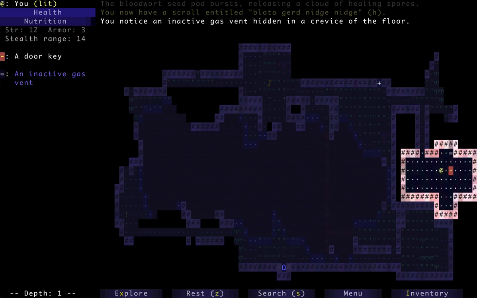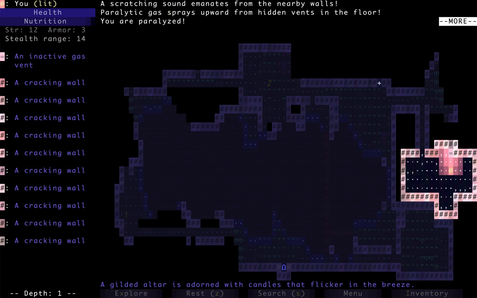Now, you see this equal sign that just appeared above me. That's a gas vent. So when you pick up these keys, there's different sort of traps that you're going to invoke. I happen to know that, just with experience in this game, as soon as I pick up this key, probably some paralysis gas is going to come out, and a bunch of rats are going to come out of the wall. So I pick up the key,